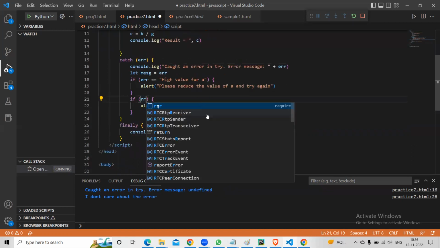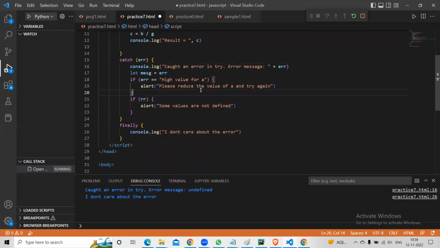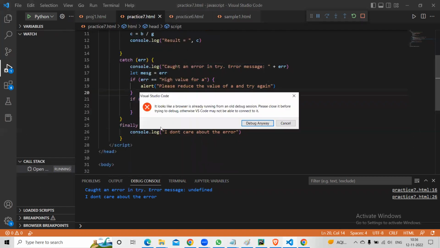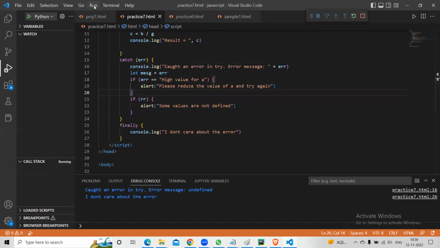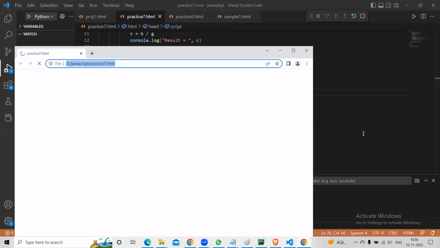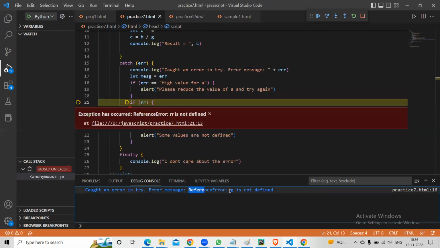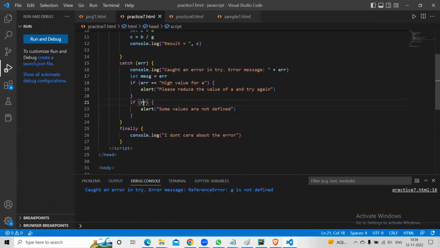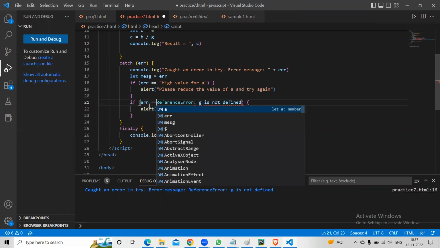So if the error is the undefined error, I'll copy exactly the same thing: "ReferenceError: G is not defined." You catch it, you copy, and if err is equal to this,